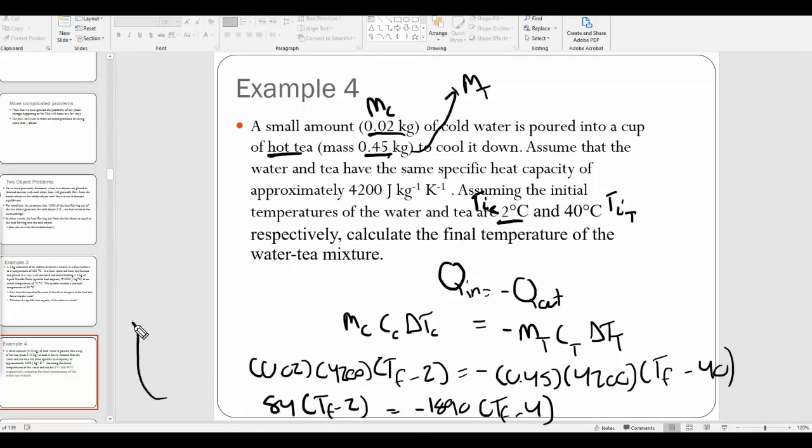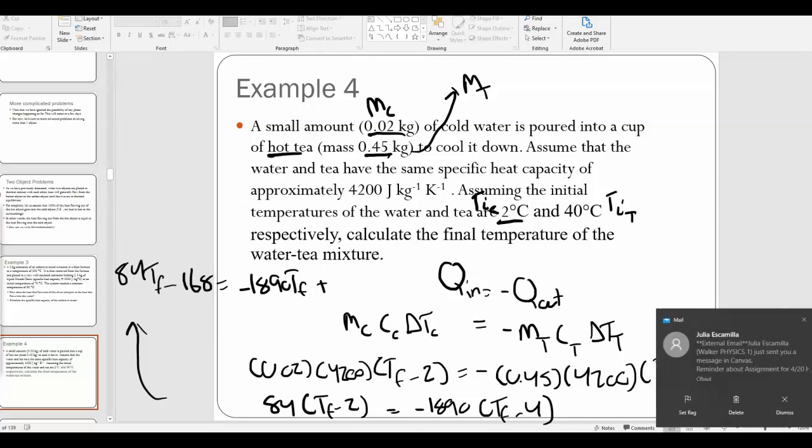So 84 TF minus, let's see, 84 times 2 is 168, minus 168 equals negative 1890 TF plus, because negative times a negative is a positive, I'm going to do 1890 times 4, and that's going to be plus